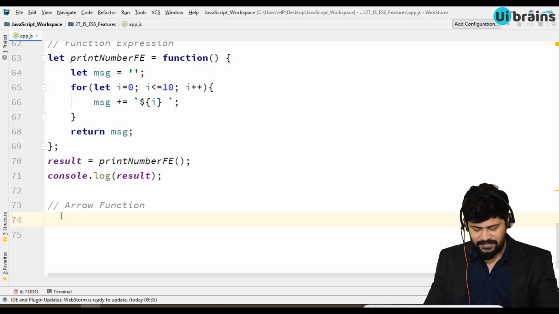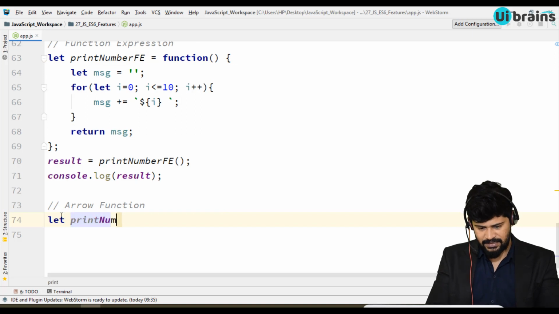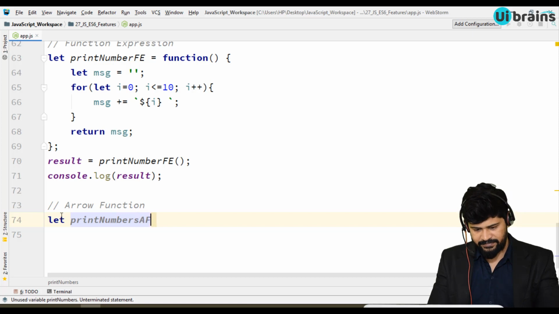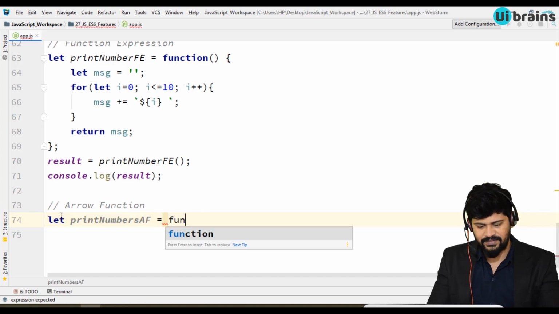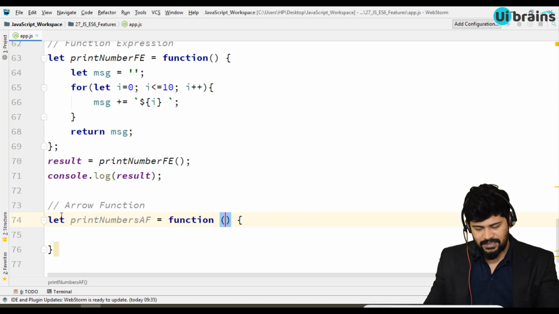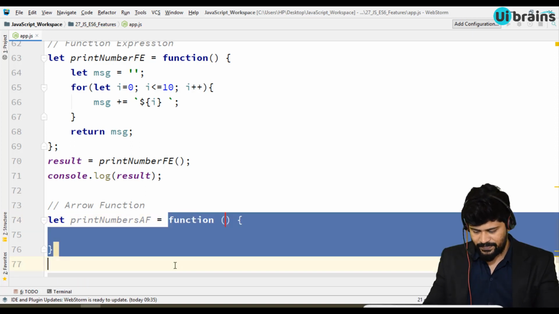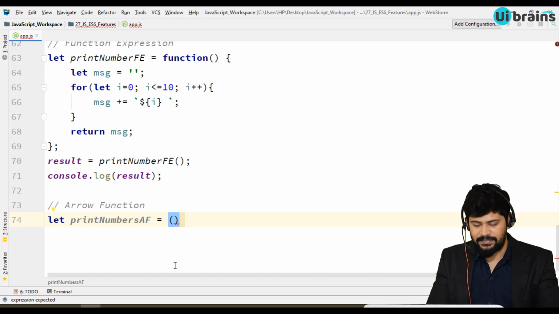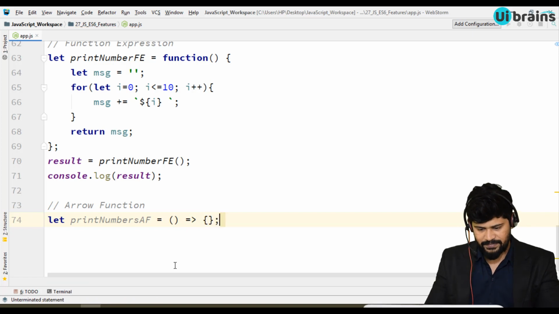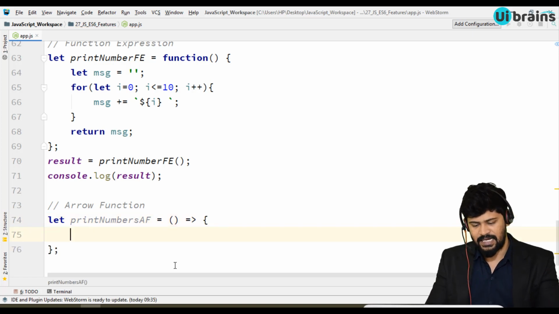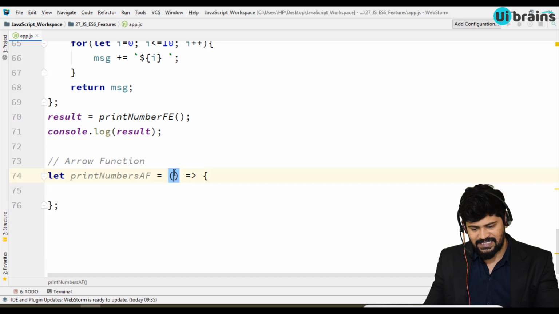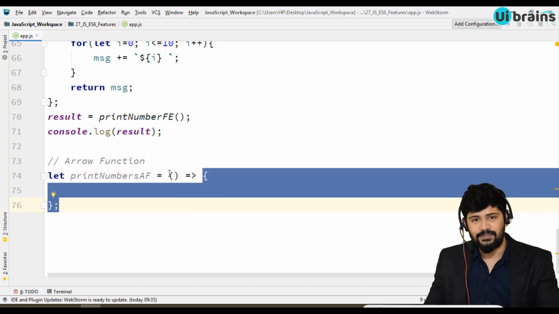So let's print numbers AF, arrow function, is equal to, and instead of writing the function keyword, you write the parameters, an arrow, and don't give a space between the equals and the greater-than sign, or you get an error, and then your function body. This is an arrow function: you write any parameters inside, and the logic goes in this block.